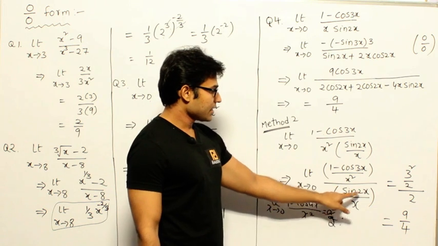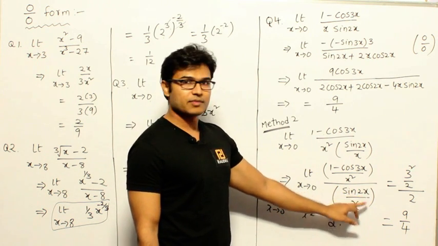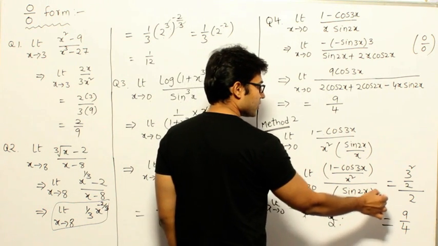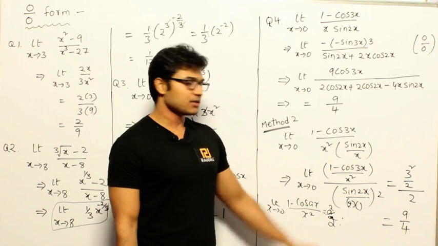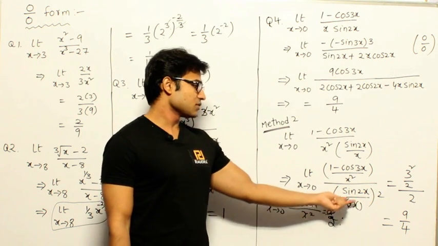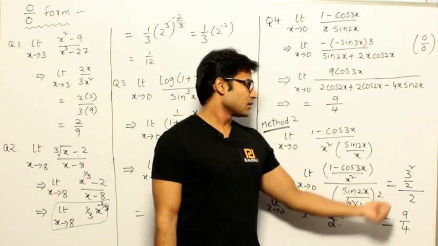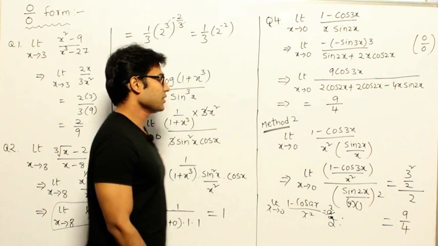Now what about this sin ax by x? It is a. Sin ax by x is a. Or if you didn't understand, you can multiply with 2 here and you can leave the 2 there, right? Then it is sin of something by that. Now 2x, you can apply limit 2x tends to 0. Got it? Even if you write like that, it is going to be 2. So anyway you are going to get 9 by 4, this same one. Got it? Okay.